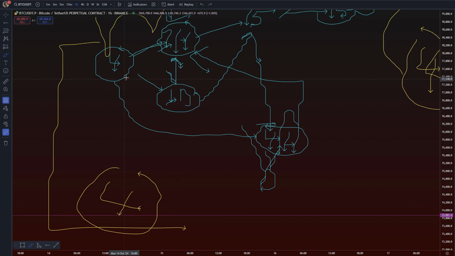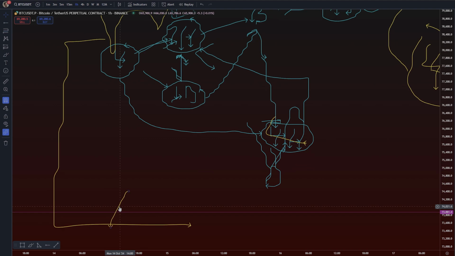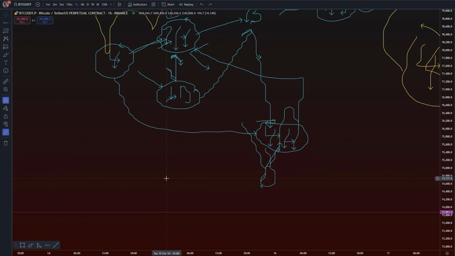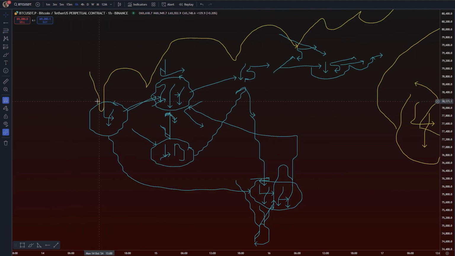So assume this is just the top of the Pandora's box as we talk through this, and this would be the bottom and what you're targeting on the bottom. So maybe stuff like this here could actually be something like this. So if we were to say, okay, the Pandora's box is actually this 4 hour here, that's fine. That's just what we're going to assume. So you have your controllers on the trade, and your controllers are going to have a way in which they move up or they move down. So what we've done is we have this 4 hour at the top of the Pandora's box. It's a controller, and then